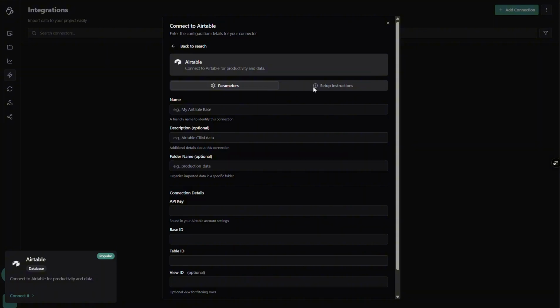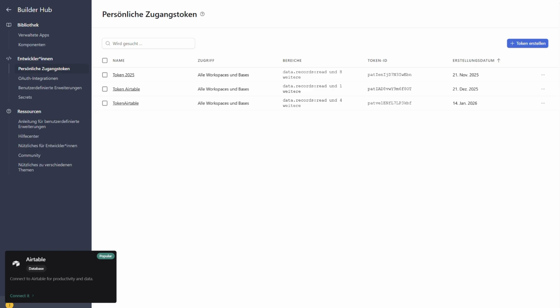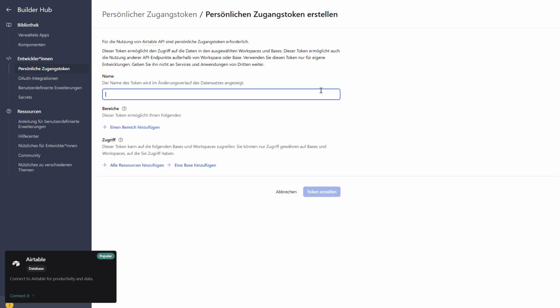Now, to connect this Airtable, we can go to the setup instructions to see how to exactly do that. The first step is to go to Airtable and then create a token. As you can see, we already have a couple of tokens, but we're just going to create a new token. We're calling it token 2026, and in our case, we're just calling it video so that I can delete it